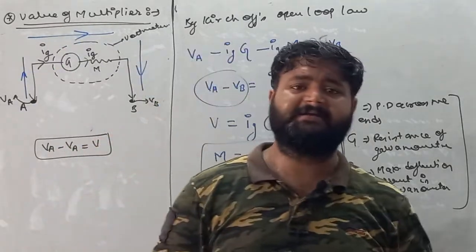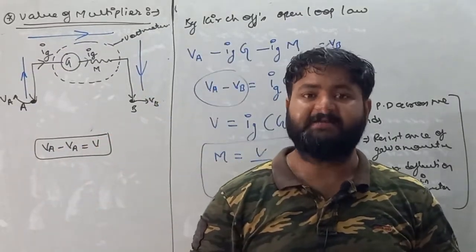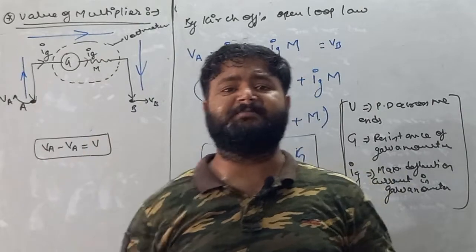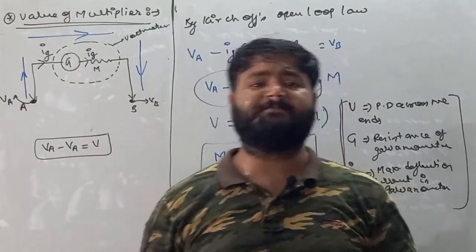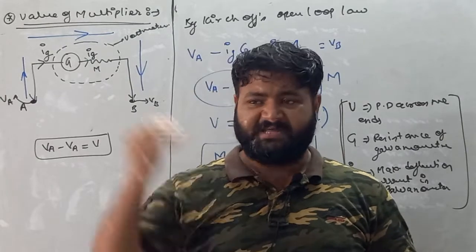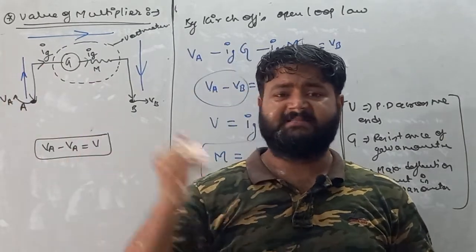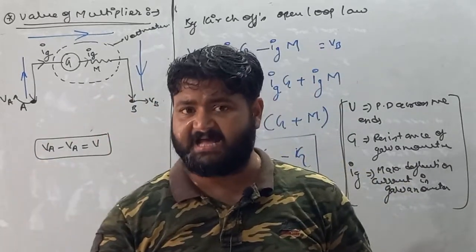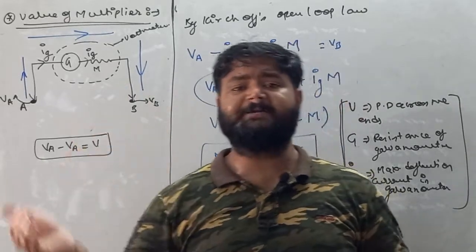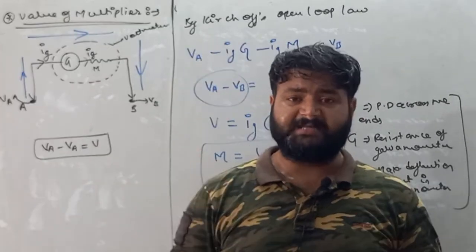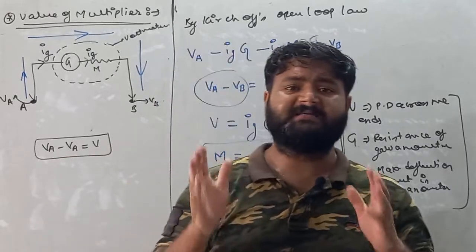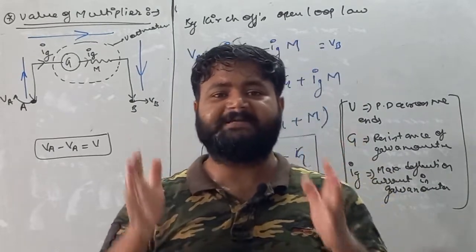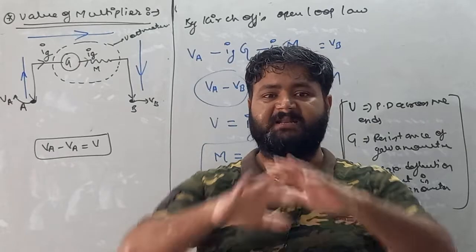Now see, the voltmeter has a demerit. First, it cannot find accurate voltage, because a high resistor means the value of the multiplier must tend to infinity. If the value of the multiplier is somehow less, then, as we know, a good voltmeter is one whose resistance is high, so the potential measured by the voltmeter is not accurate.